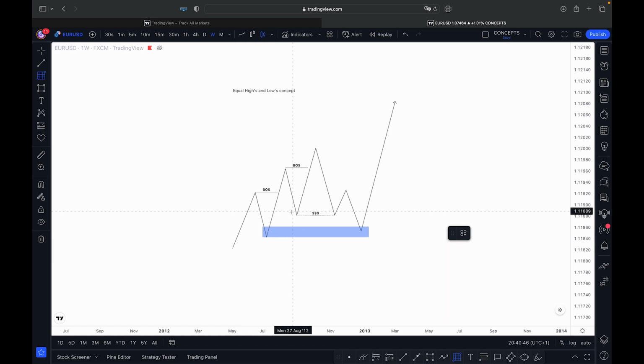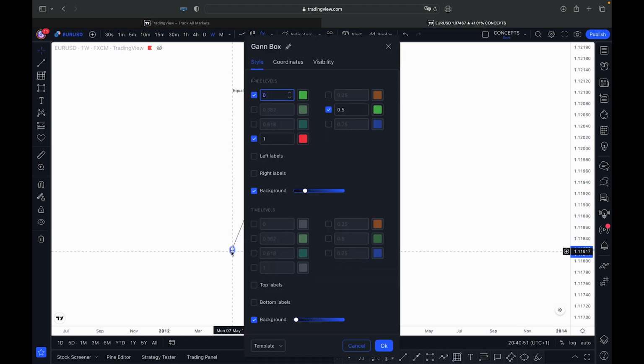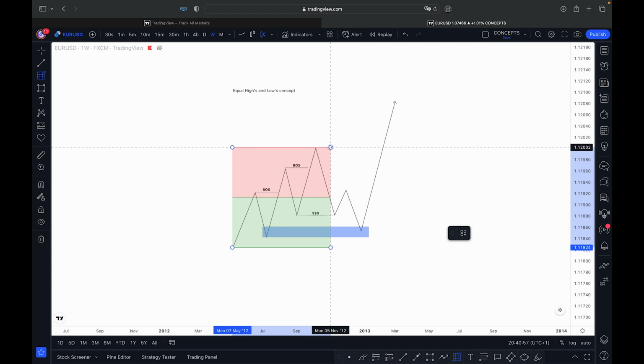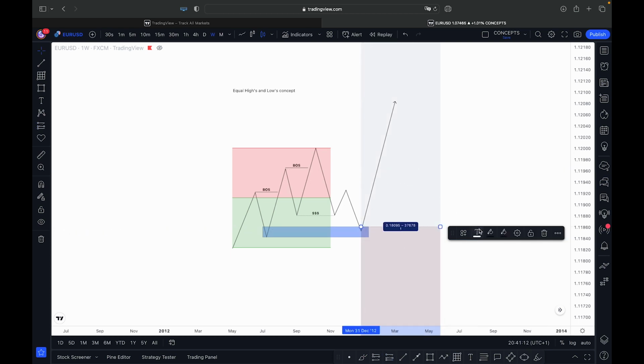So if we would draw the premium discount zone from swing low to swing high, so swing low to swing high, this is the premium zone, this is the discount zone, and this is the zone where we would like to get our entry in. So we place our limit order on either the equilibrium or on the high of the order block,